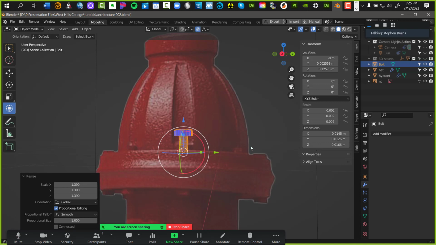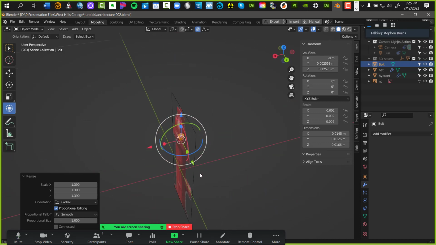All right, now watch. Go to X-ray mode. Let's go back and bring back my helmet. Where is it? The boat hat is here. Let me pull it on back. Go to my 3D assets and turn them back on. Oops.